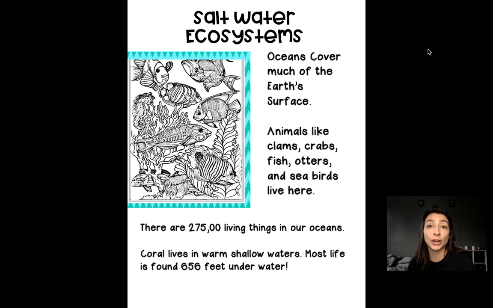Some of the other things that are in our salt water is the coral reefs. Coral reefs are alive. They are living things. They live in the warm, shallow water. But most of our ocean's living life is found 656 feet underwater. So when we go in the ocean or when we go fishing, we might find some fish, we might see some swimming, find some crabs, but most of the life in the ocean is 656 feet underwater, which is very deep. You would need a